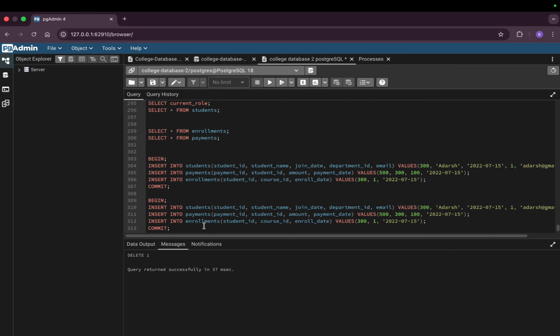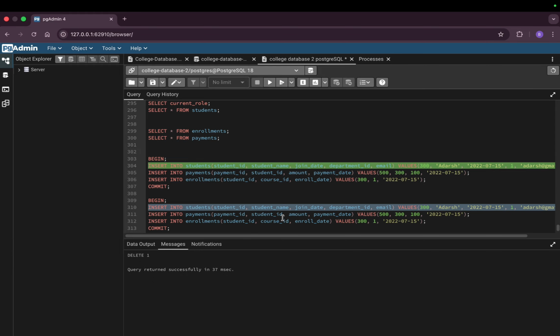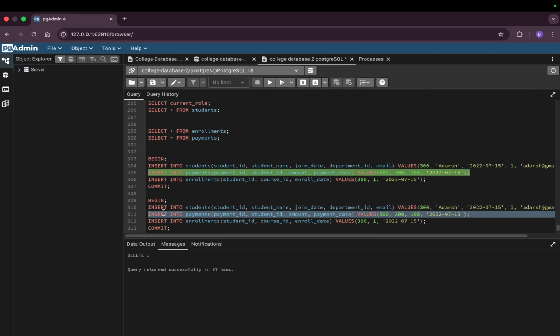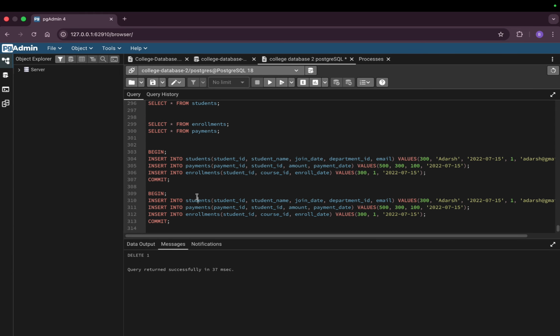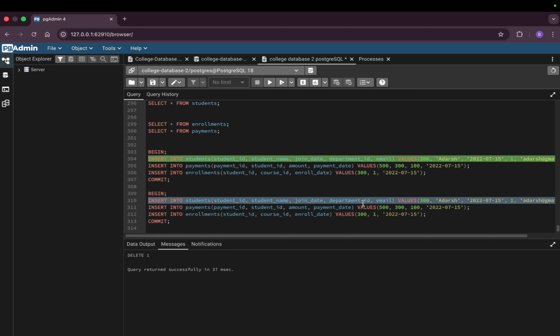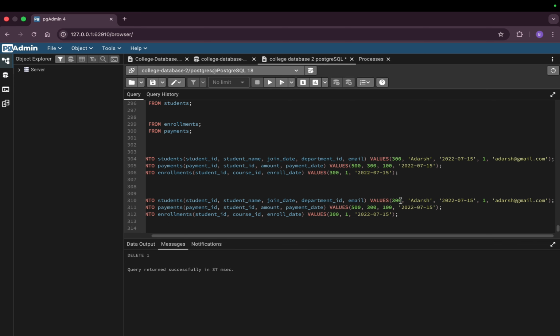Let's make some commands fail. Let's purposefully fail this payments command and see if the student will be inserted or not. Okay, now here it is saying insert into students. We just copied the complete thing here. Let me make this student ID 301 and change the name to Amit and